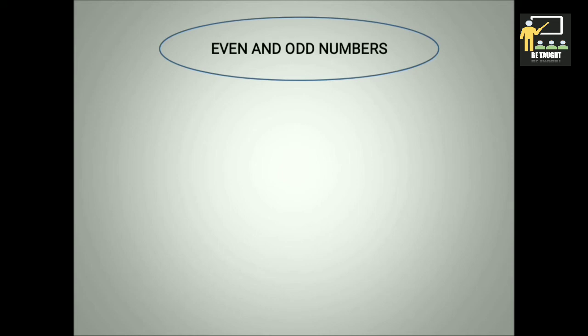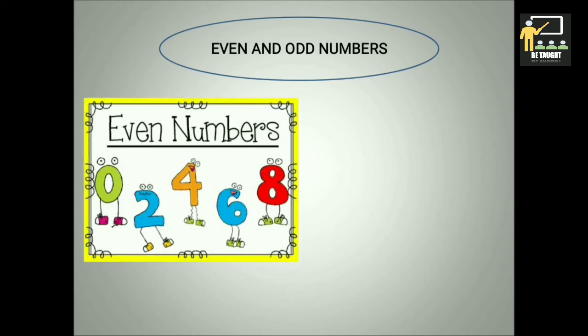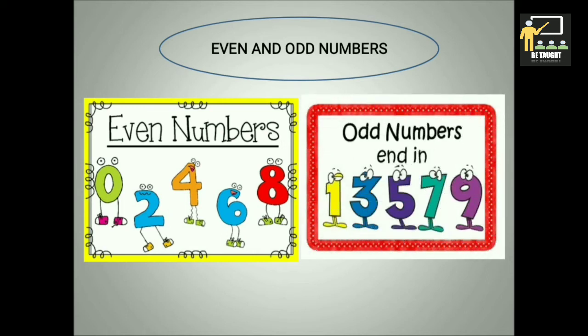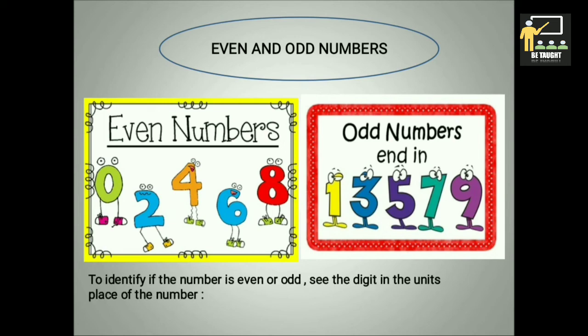Even and odd numbers. Now what are even numbers? When the numbers end with 0, 2, 4, 6, 8 in the units place, we say they are even numbers. And when the numbers end with 1, 3, 5, 7, 9 in the units place, we say they are odd numbers. To identify if the number is even or odd, see the digit in the units place of the number. For example,